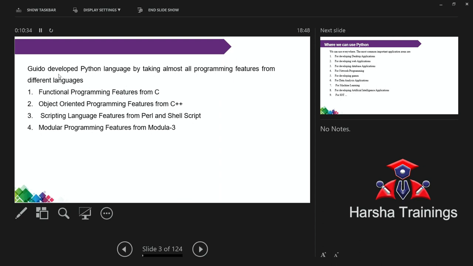Now, the scientists developed the Python language by taking almost all programming features from different languages. That means for developing Python, they considered some different programming languages. What are the programming languages? C, C++, Perl, and Modula 3.